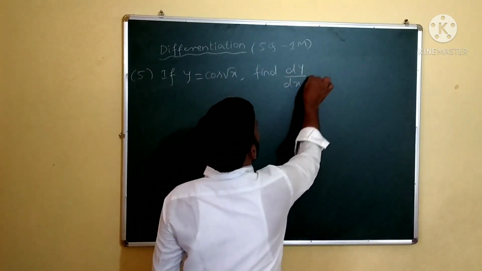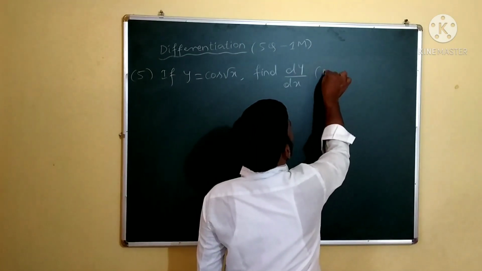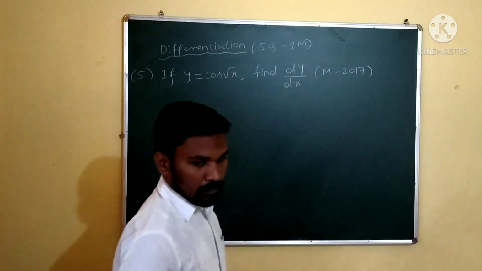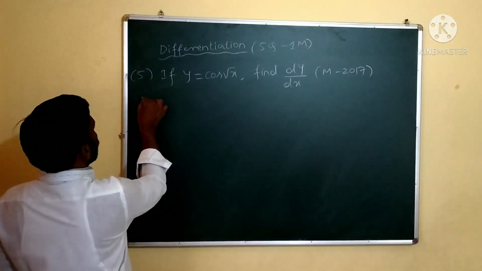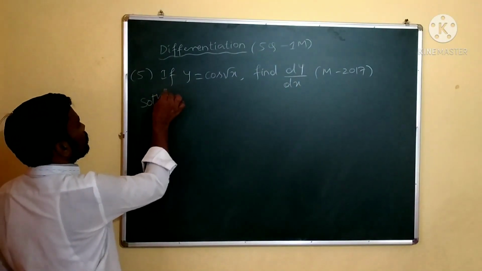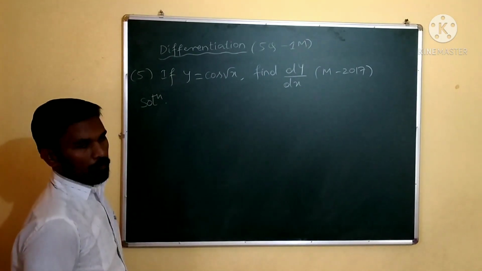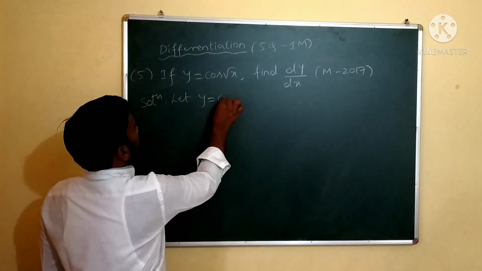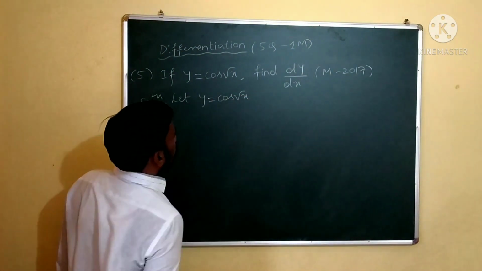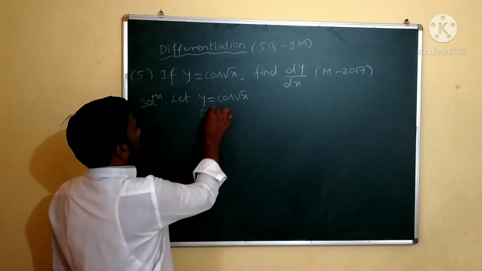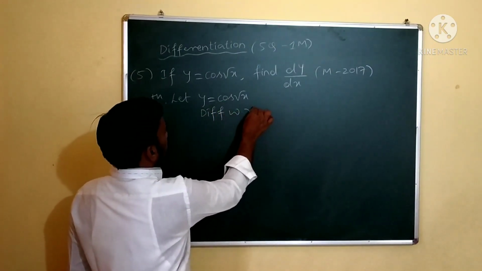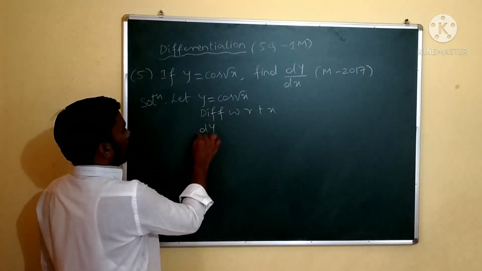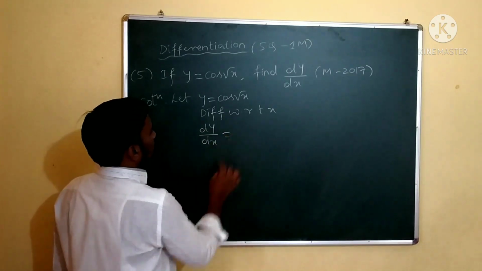March 2017. cos of root x is a composite function. Let y is equal to cos of root x. Then differentiating with respect to x, the derivative of y with respect to x, dy by dx, is equal to the derivative of